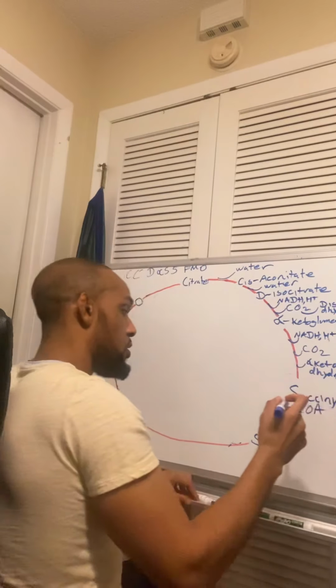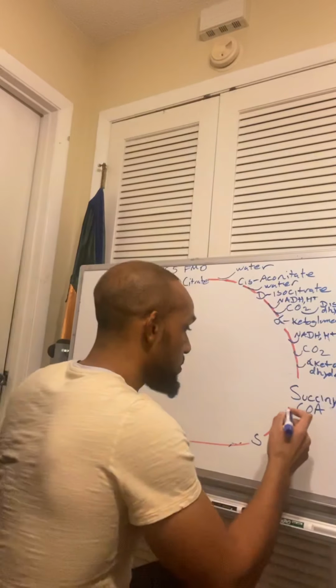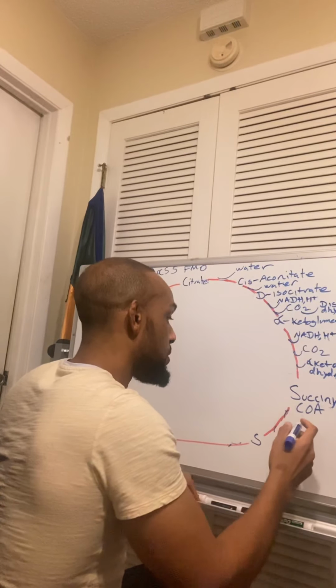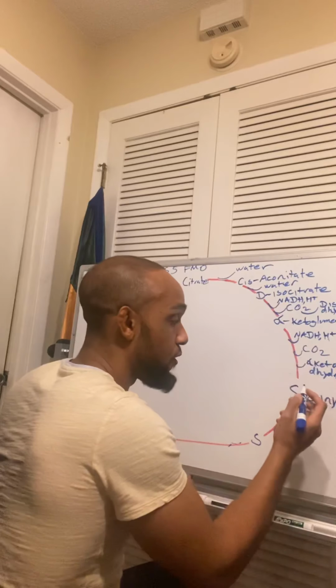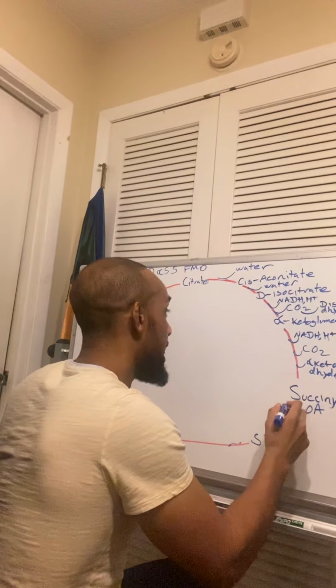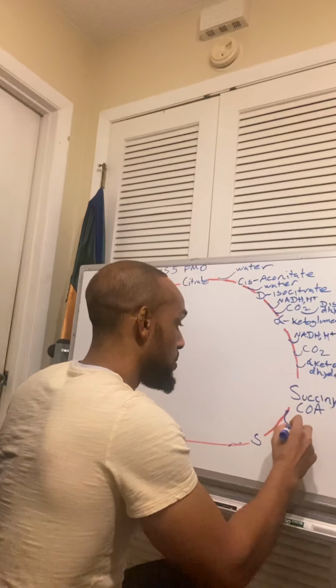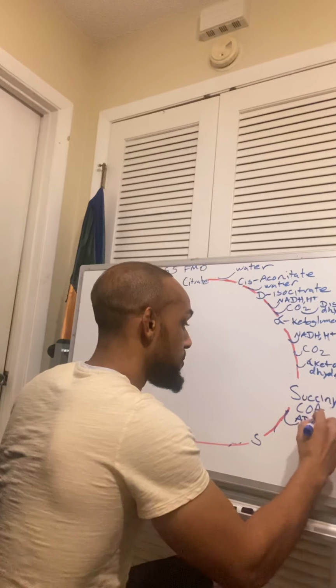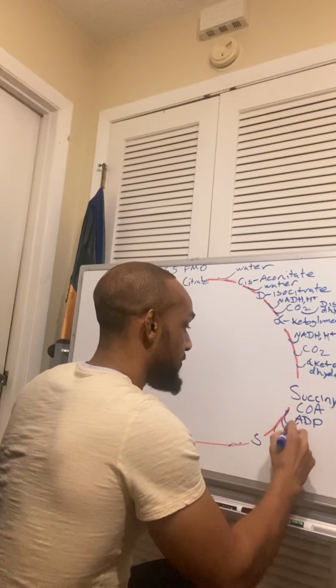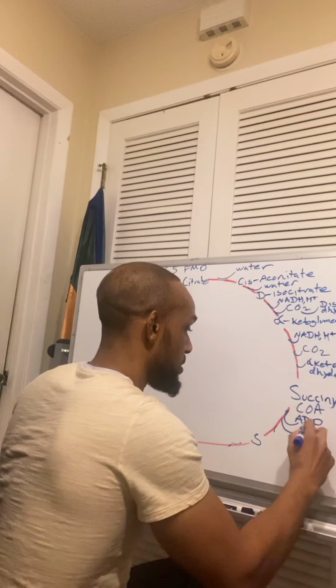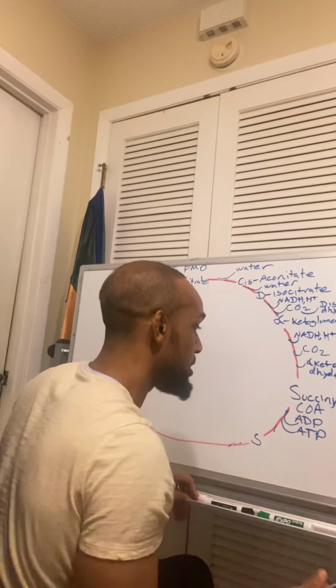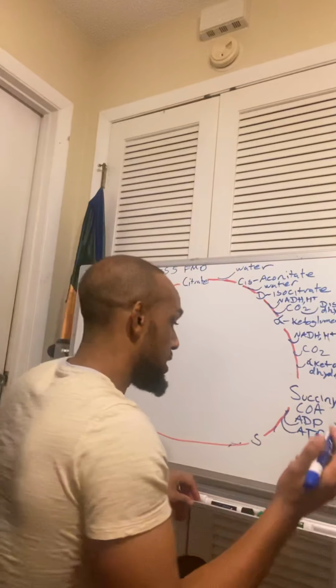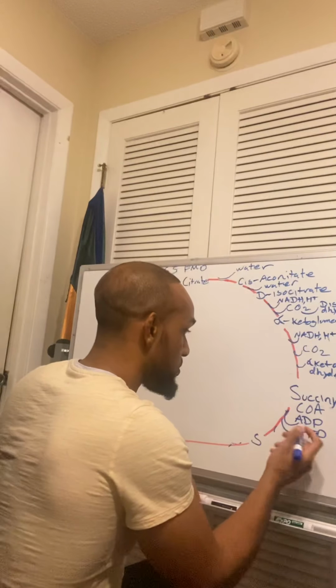Now, succinyl-CoA is responsible for producing our first and only ATP of the Krebs cycle. You have ADP, then it's going to add a phosphate group, making it ATP, and then